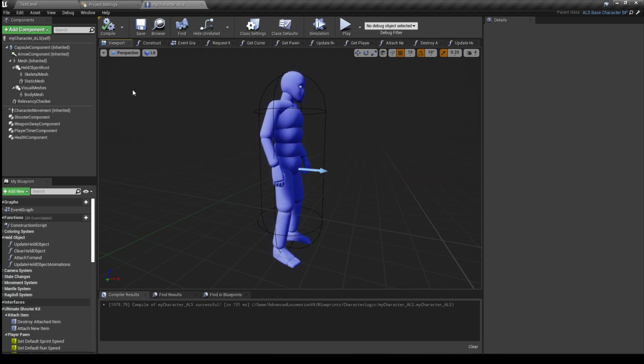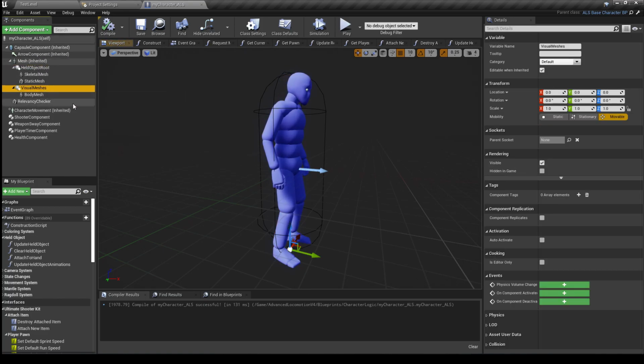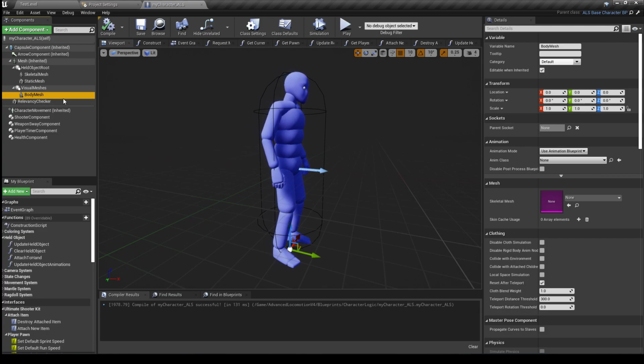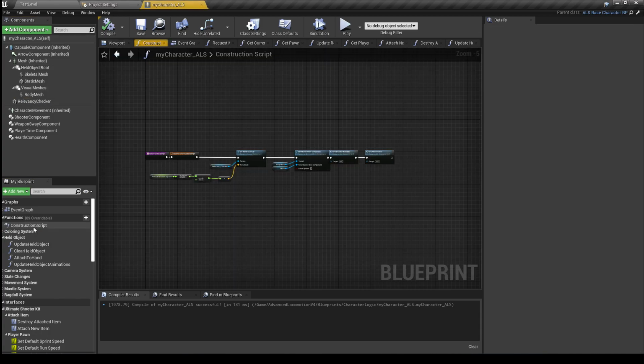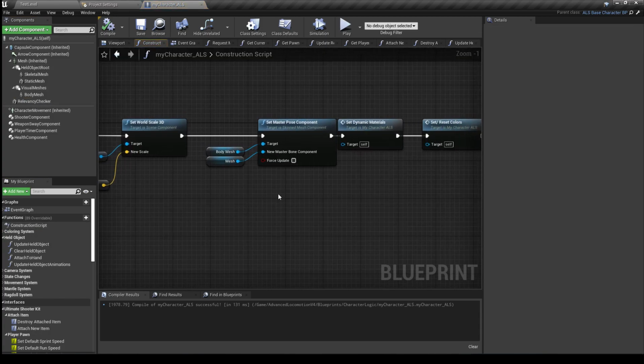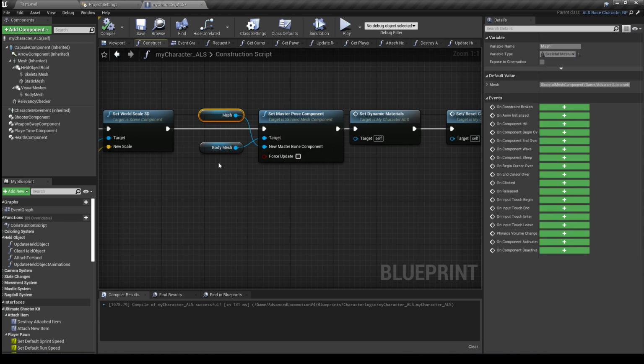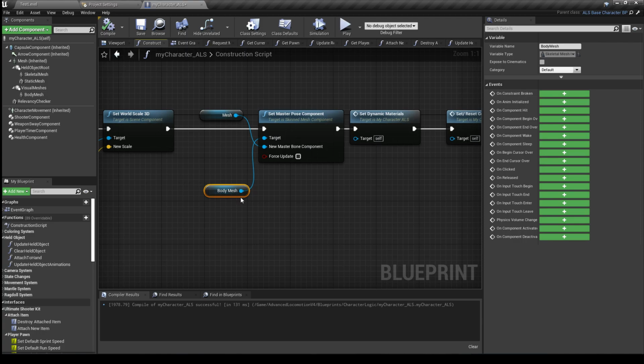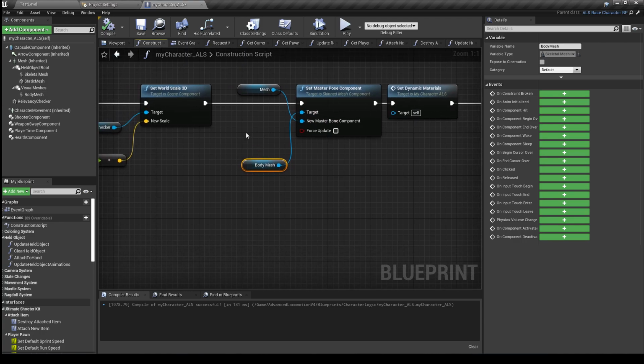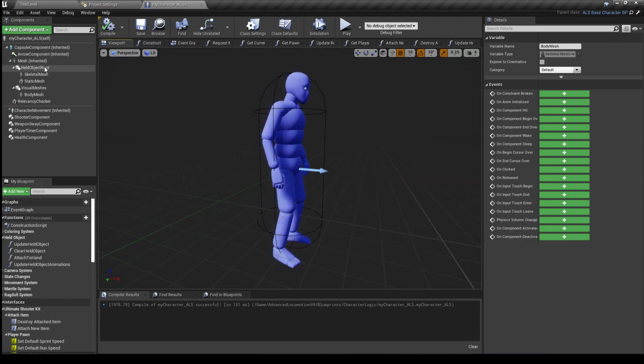The way ALS works is it's got a mesh, and it's got visible meshes, and it's got body mesh. Body mesh at the moment is blank in the visible meshes. It kind of gives you a clue of how it works. In the construction script, we have something in here, and if we move mesh above, because that stays the same, everything else you want to add, you add into target. So if we go back to here and we pop something into body mesh,